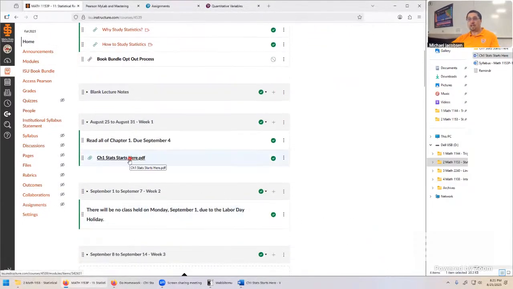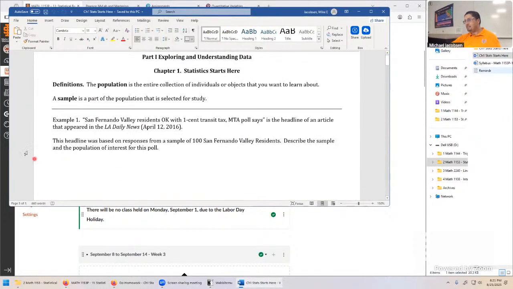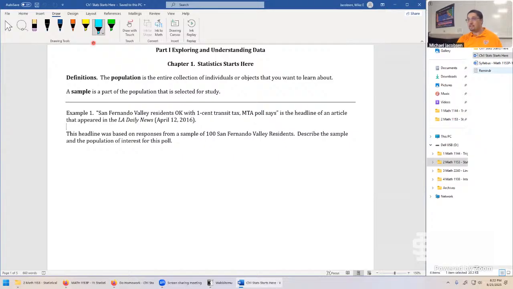I wanted to spend some time in chapter 1, but I don't think I want to go through this full example here on example 1, mainly because example 1 is another introduction to the course itself. So we're going to do this in full with the full amount of time when we come back fresh on Wednesday after looking at my lab statistics just a little bit more to get a better feel for it. But let's just spend a little bit of time talking about what this is all about.